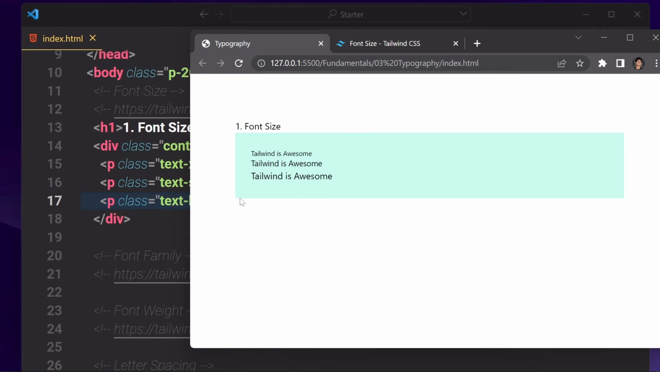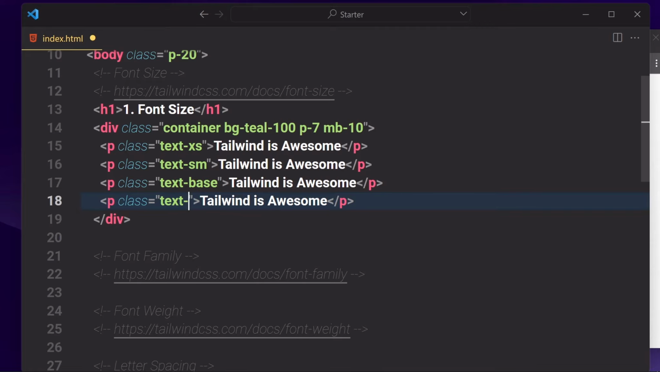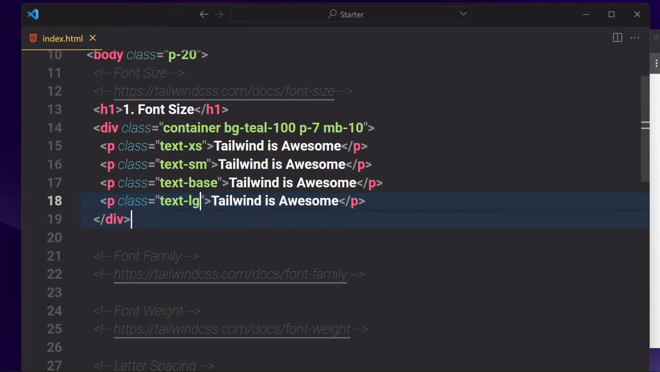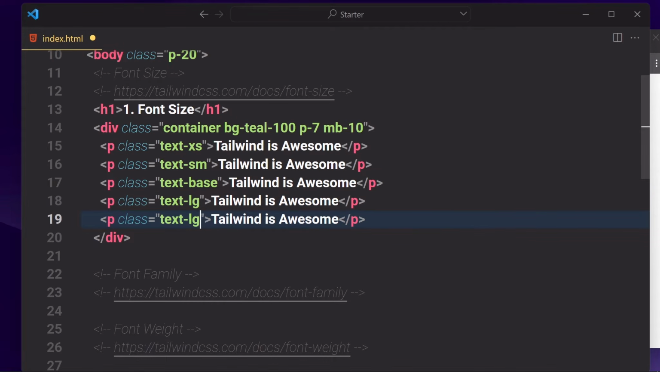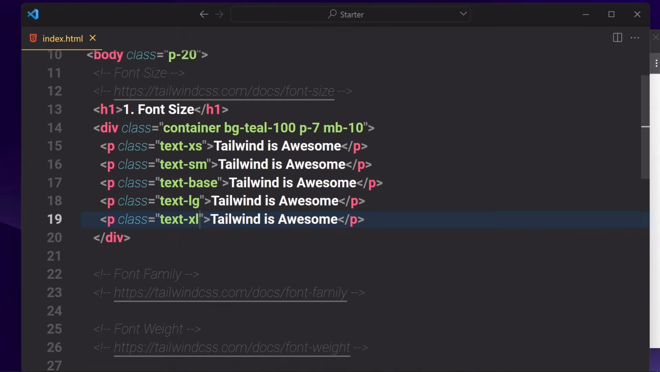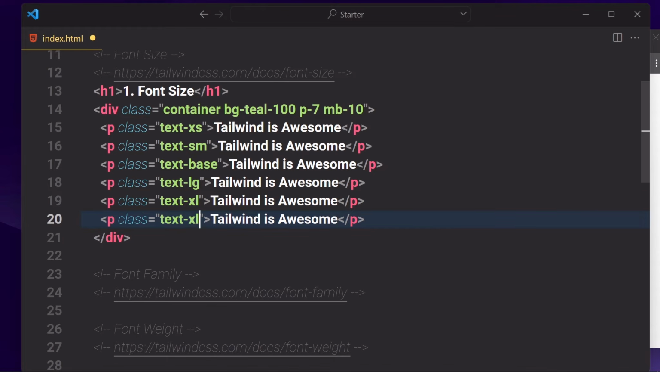So if you save that, yeah, this is the default font size. Duplicate that, and let's write LG for large and save it, and we are now getting a little bit larger font size right here. Let's duplicate this line of code, and let me write XL, yeah, XL would be fine, extra large. Now if you save that, it will give us a little bit extra large font size right here. We have a few more. Just duplicate this line of code,